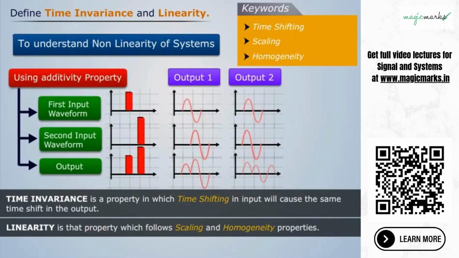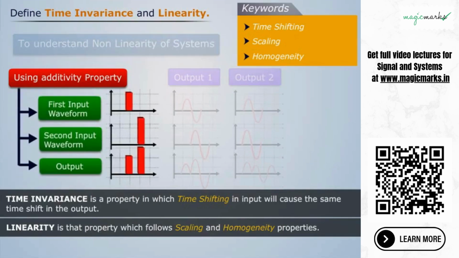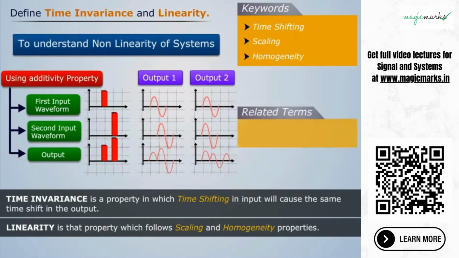Here we'll discuss non-linearity of systems. As linearity satisfies both scaling and superposition, or additivity and homogeneity properties, non-linearity does not. We can understand this with the help of waveforms using the additivity property. That is, the output 2 waveform is not the same as output 1. The related terms are